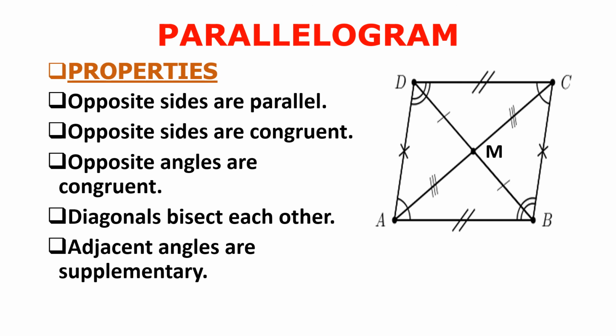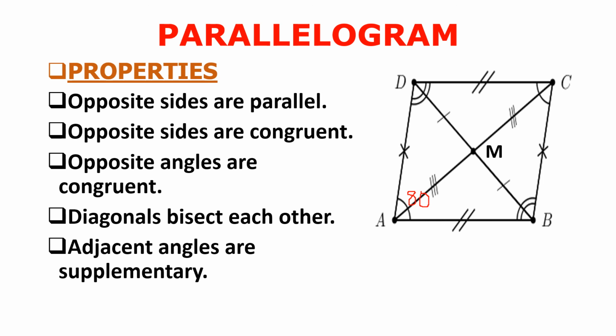Now this is clear to you, what an adjacent angle is. Now what are they? They are supplementary. That means they total to 180 degrees. Let me give a small example. Two neighboring angles will always total to 180. So if I tell you angle A is, let's say, 80 degrees.